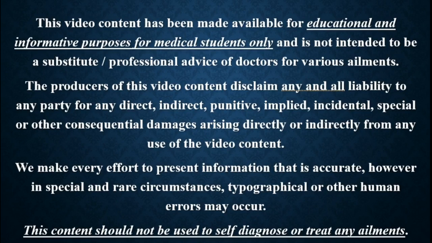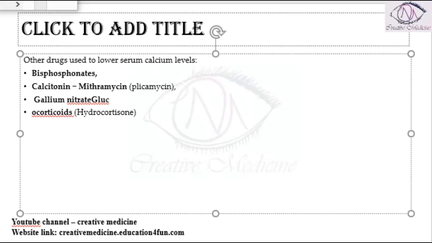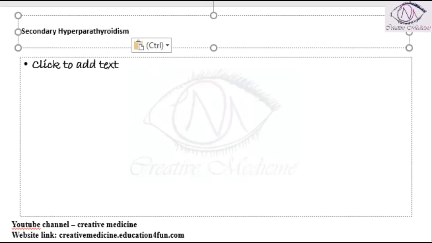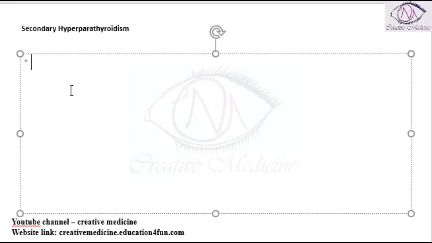In this lecture, we will learn about secondary hyperparathyroidism. Secondary hyperparathyroidism occurs mainly because of chronic renal failure. Whenever the patient develops chronic renal failure, this will result in